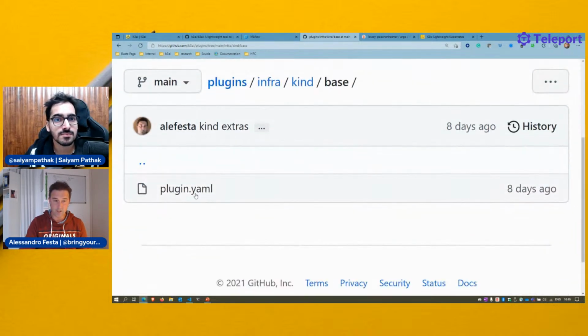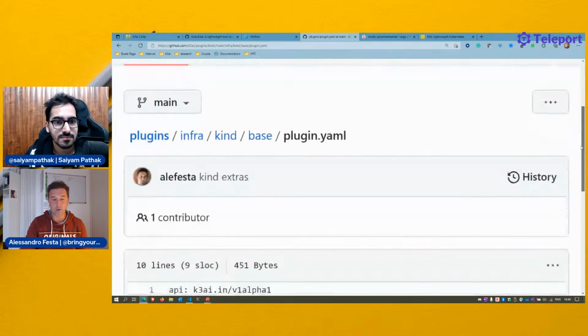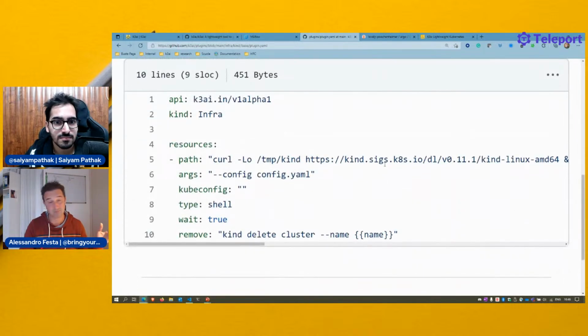Let's say, for example, in the case of Kind, I'm going down into Kind, and Kind has the upstream Kind installation with the args, still shell, how to deploy. You see, actually, we are using a combination here. Like you want to pass a custom name for the cluster. So this comes out from the Go template configuration. It tells K3ai, if you see that, replace these with the input from the user.